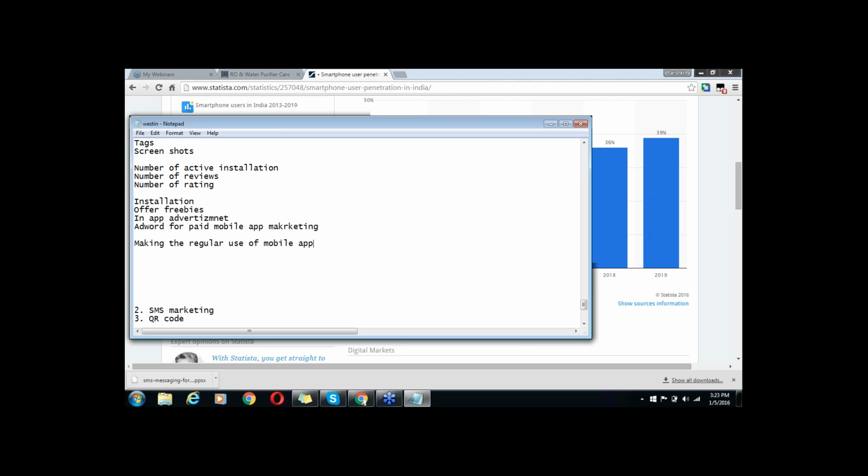अगर किसी ऐप को यूज करके मेरी लाइफ आसान हो रही है, then only I'm going to use that app on the regular basis. So if you are giving regular information or updated or latest information, or you are helping me to track my movement, or my health, or my financial status, or you are helping me to connect with my friends and families, or your app is helping me to do any kind of activities which is making my life easier, then only the usage of that app can be guaranteed.